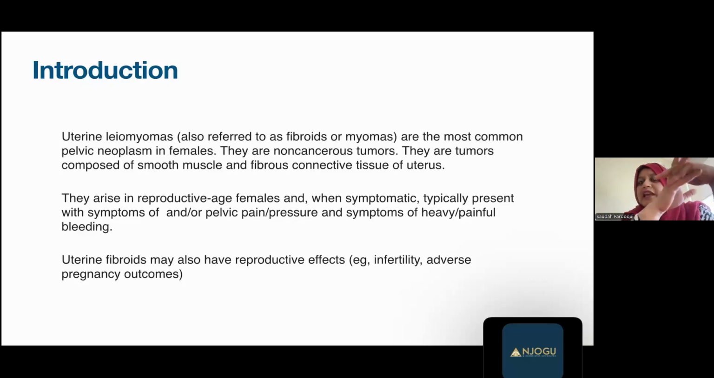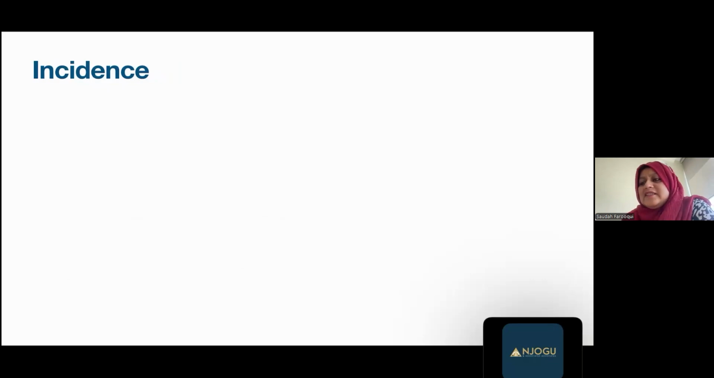They arise mostly in reproductive age females, and when symptomatic, they typically present with pelvic pain, pressure, and symptoms of heavy and/or painful bleeding, which can also mean heavy and painful menses. Uterine fibroids may also have reproductive effects, in as much as they might not present with the above symptoms. Patients may experience infertility or adverse pregnancy outcomes. So, the incidence of fibroids,